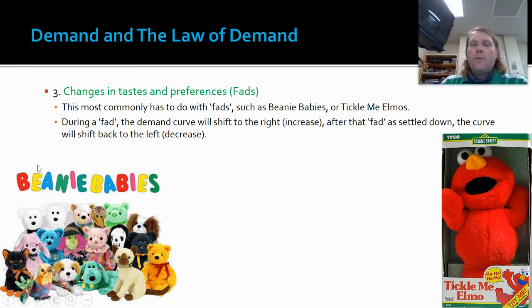We also change our mind. In certain cases, things become super popular. Obviously, in the world of the COVID vaccine, something that's happened is we have increased our demand for vaccinations. Not everybody wants to get a vaccination, but people have changed their mind and said, okay, I want to get a vaccine for this because I want this stuff to end. So that would be a change in taste and preference.